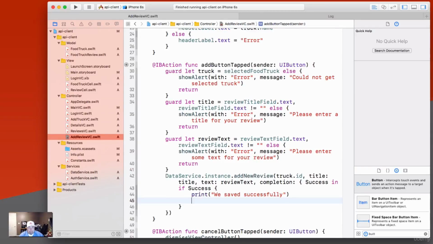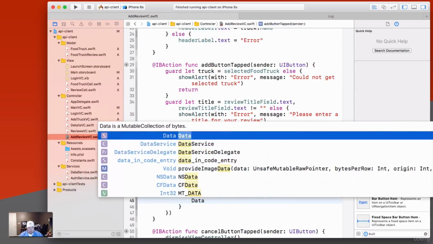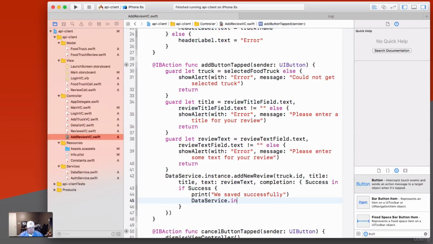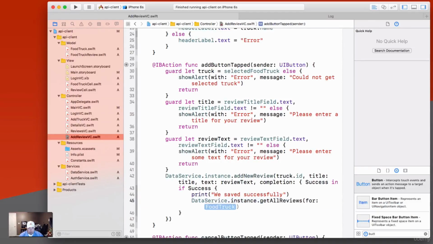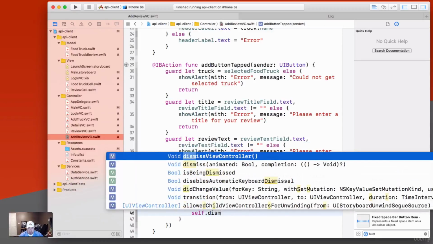And that's going to reload that array in our data service and have those new reviews in there for us. So we'll just say data service dot instance dot get all reviews for truck, and then our food truck is just truck. And then we need to say self dot dismiss view controller,